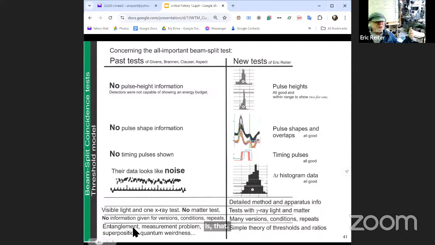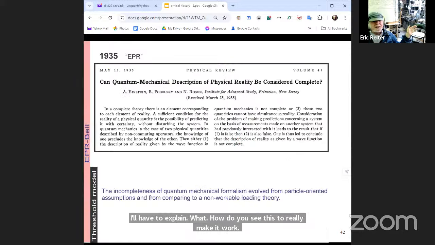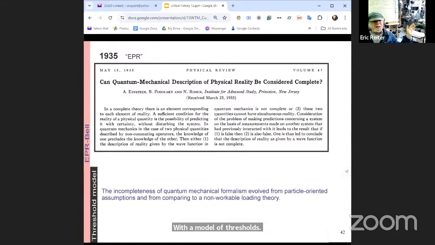There's another way of seeing. There's no ghost wave. The measurement problem is solved. There's no superposition. There's no quantum weirdness. With a simple idea, well, I have to explain how you see this to really make it work, with a model of thresholds and ratios. I'll explain that in a few more slides. But first,